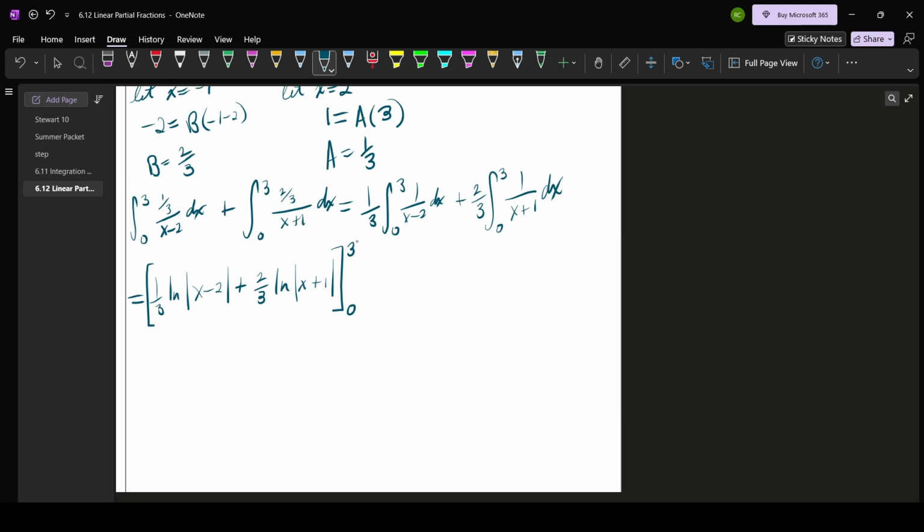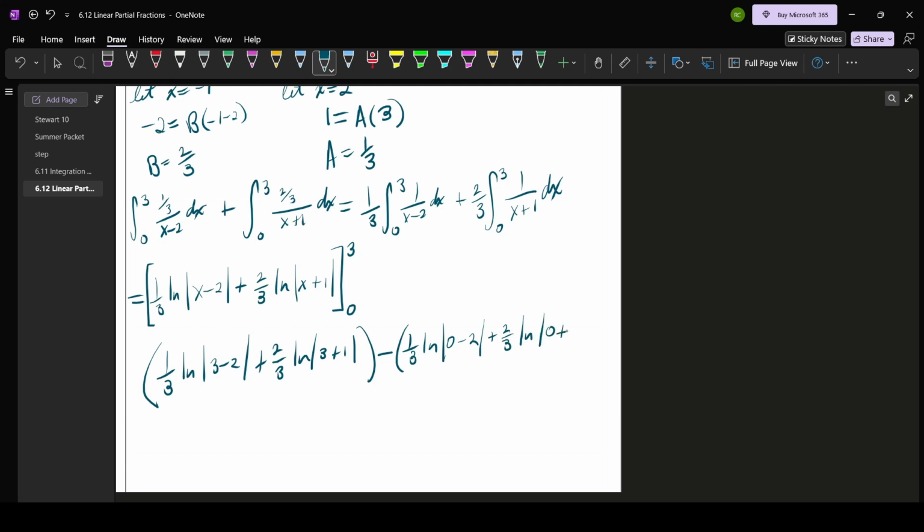So again, let's remember that we're going to plug in the top number first, 1/3 times the natural log of 3 minus 2, plus 2/3 times the natural log of 3 plus 1. And then we're going to subtract, and then now we're going to plug in the bottom number, 1/3 times the natural log of 0 minus 2. Sorry, absolute value. I was about to say that you can't have the natural log of a negative number. Natural log of the absolute value of 0 minus 2, plus 2/3 times the natural log of the absolute value of 0 plus 1. All right, now 3 minus 2 is 1, natural log of 1 is 0, so this cancels